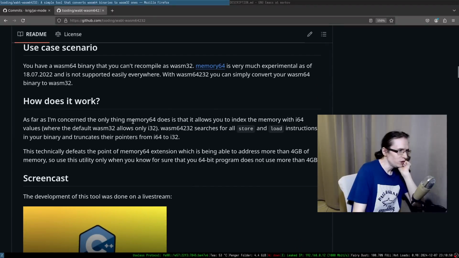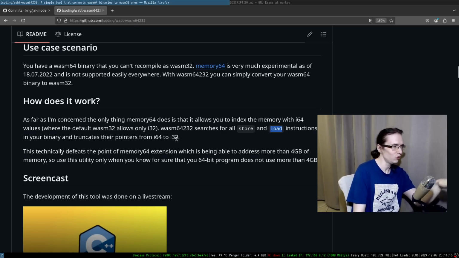As far as I'm concerned, the only thing memory 64 does is that it allows you to index the memory with i64 values, where the default Wasm 32 allows you only i32. Wasm 64 to 32 searches for all of the store and load instructions in your binary and truncates their pointers from i64 to i32. This technically defeats the point of memory 64 extension, which is being able to address more than 4 gigabytes of memory. So use this utility only when you know for sure that your